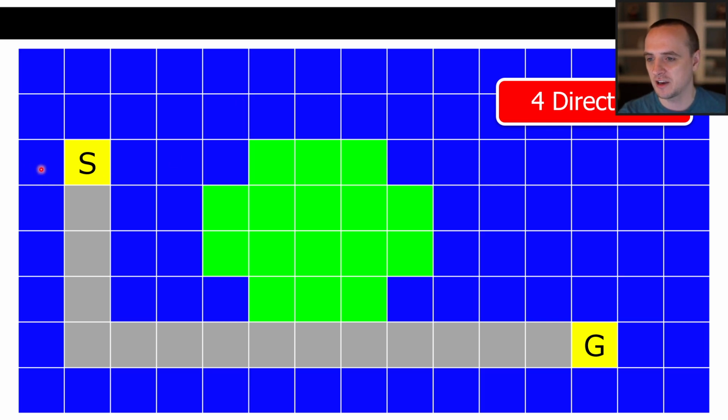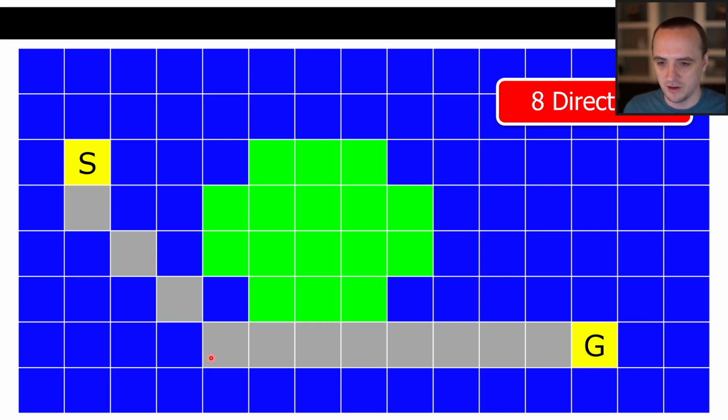So maybe I can move ahead 1 meter in this grid space, where the grid cells are separated by a meter. Maybe in another grid, they're separated by a centimeter. In the centimeter grid, you're able to generate better paths because your actions are more fine-grained. But in a centimeter grid, you have way more cells that you actually have to store data for.